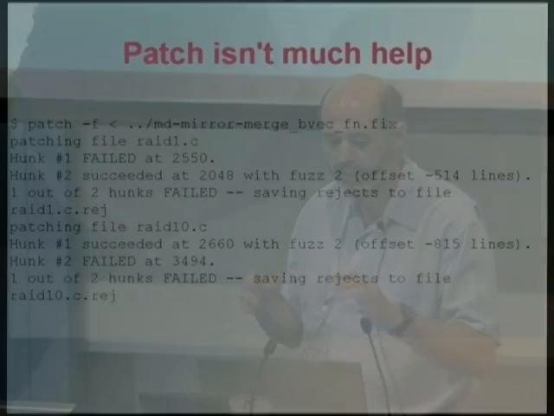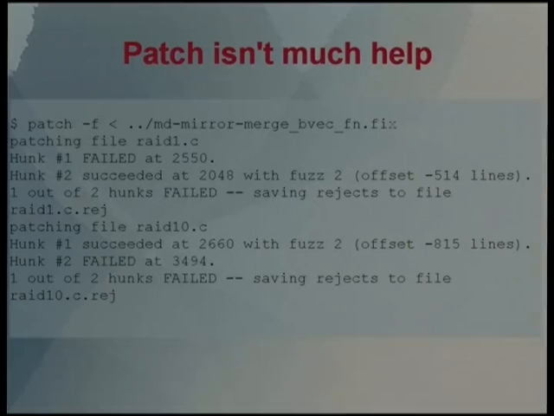And of course, it's probably not just the kernel this applies to. I use it mostly for the Linux kernel. That's mostly where I spend my time. But I have actually used it for other packages as well. And yes, it works with any source code, of course. And when you have a patch that doesn't apply, patch itself isn't much help. It tells you, failed. I failed to apply that. Here it is in a reject file. Or I applied it with, there was some fuzz.